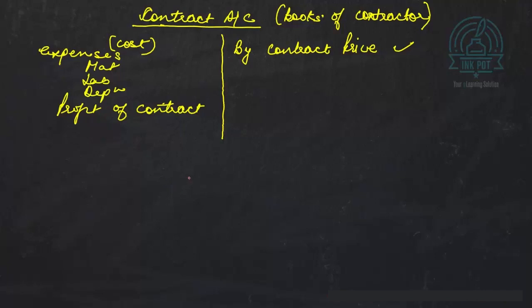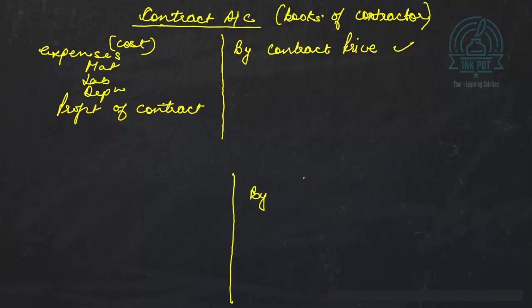Such contracts are known as incomplete contracts. Now, how do we treat an incomplete contract? Since the contract is incomplete, we cannot credit the contract price here because we have not received the contract price on the closing date of the financial accounts, so we cannot show it as an income. So what we will credit here is